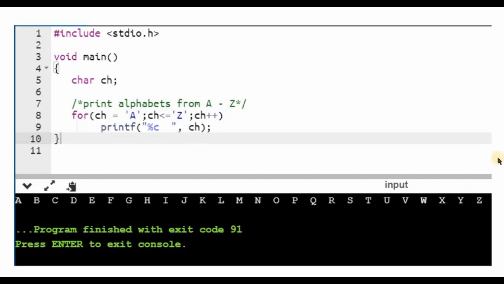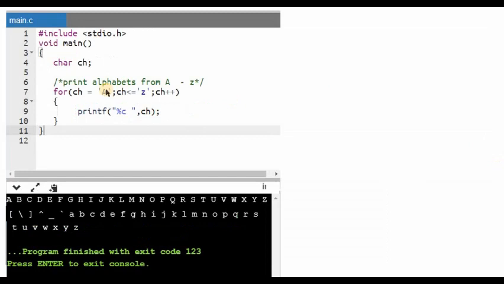Let us add some complexity to this program and try to print characters starting from capital letter A till small letter z. So I'll start ch equals capital letter A. The loop should go on until the ch value is equal to small letter z. Now when I execute this program, I'll get all the values from capital A till capital Z. Along with that, we also have some special symbols followed by lowercase a to lowercase z.